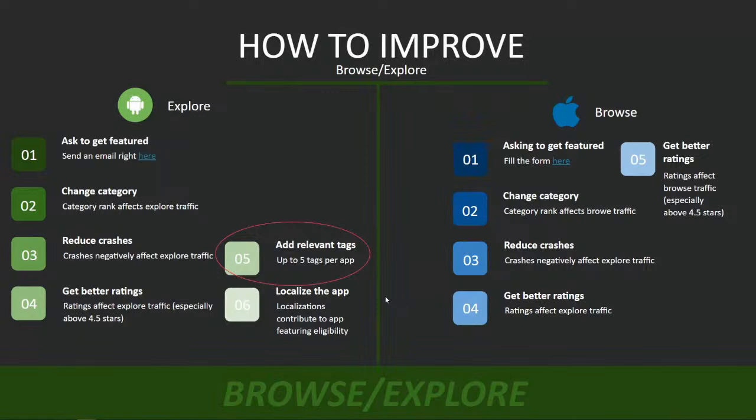Another thing that we can do: I find a very big correlation between media traffic and explore traffic. The more media we drive to the app, we will also get browse traffic and search traffic, but we will talk about it when we talk about the spike method. I think we'll talk a little bit more about the media.